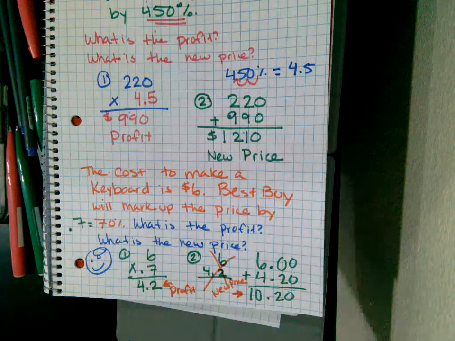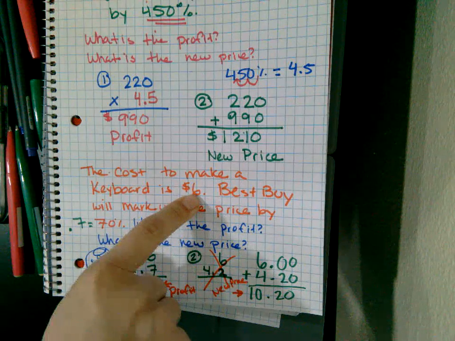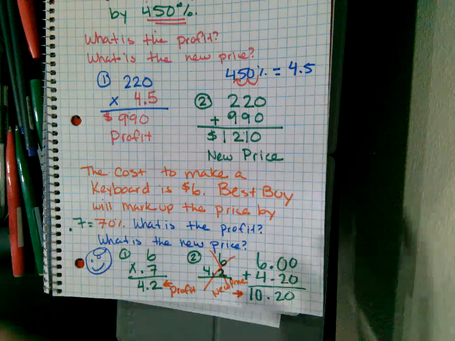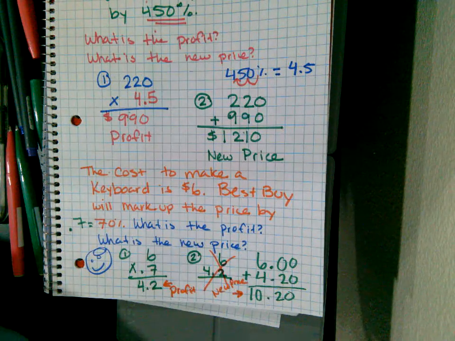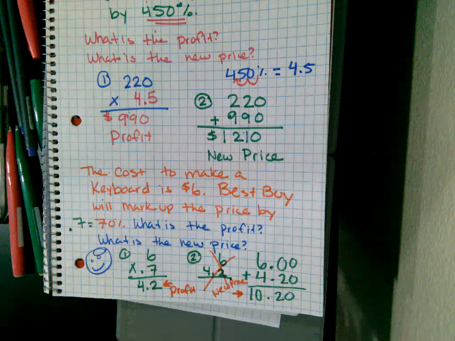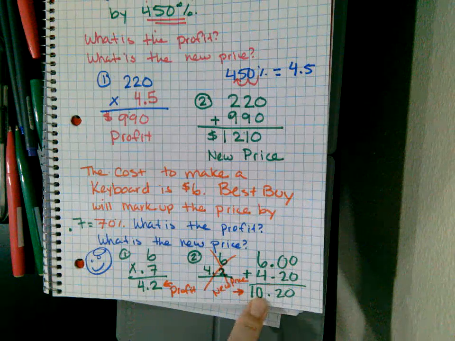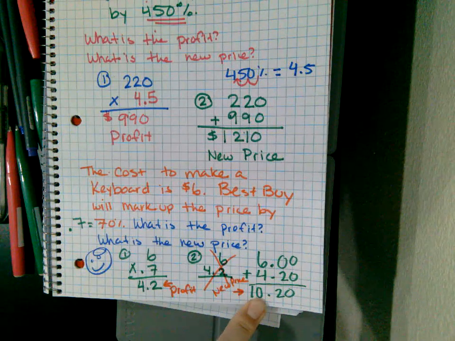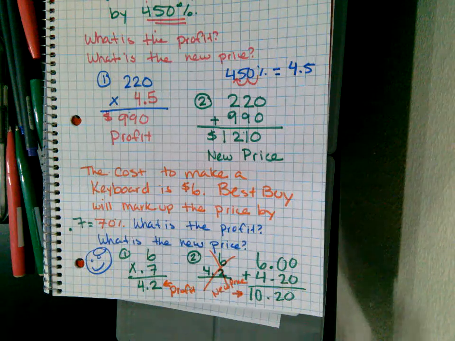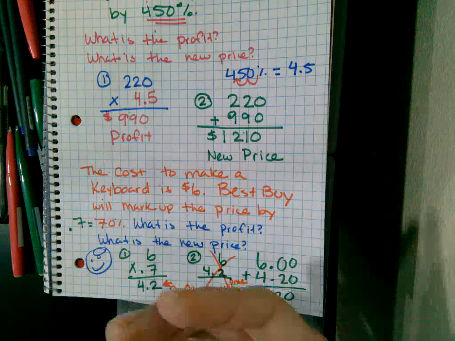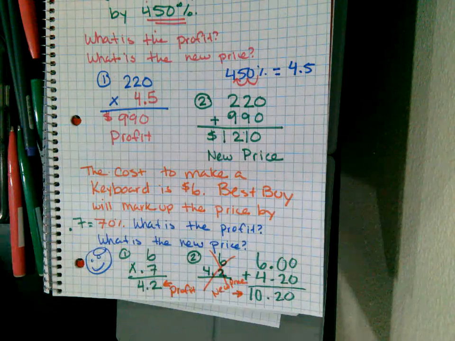The customer never realizes that the true cost of the keyboard is $6. When you go to the store and you see a pair of jeans for 20 bucks, you don't realize, wow, those jeans really cost like $5 to make. You go, 20 bucks, hey, that's pretty cheap. Cool, I'll get one. And if it's on sale, they can still offer you a discount as long as they still make some sort of profit. So when you go to the store and it's 50% off, they still are making some sort of profit off of you. Imagine how much they've increased it at the beginning to still offer you